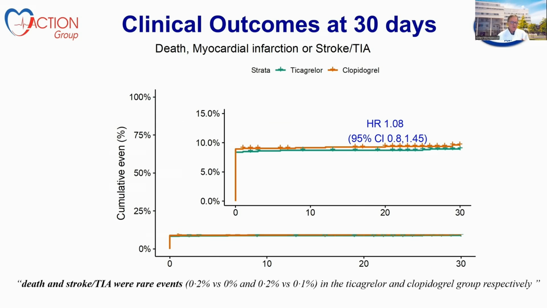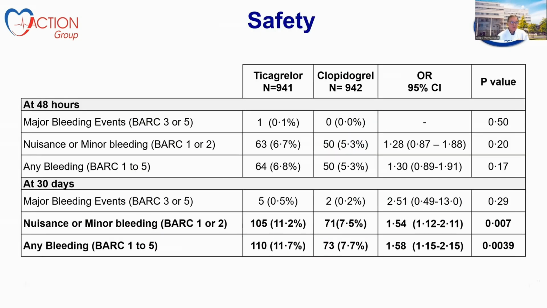Clearly very few events in this study. I mean hard events, death, stroke in particular, and clearly PCI was a safe procedure for this group of patients, but we had quite a number of periprocedural MI. The safety was good. At 48 hours, we had no difference in bleedings, no difference for major bleedings, but no